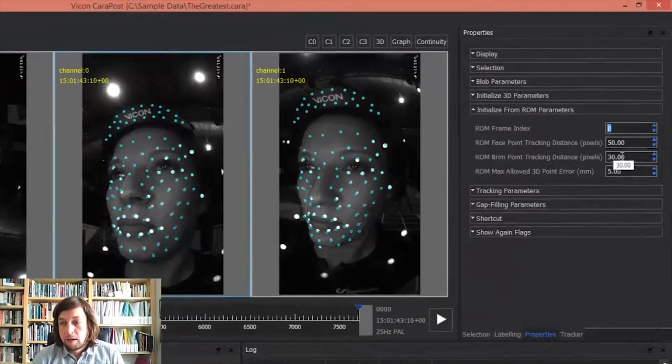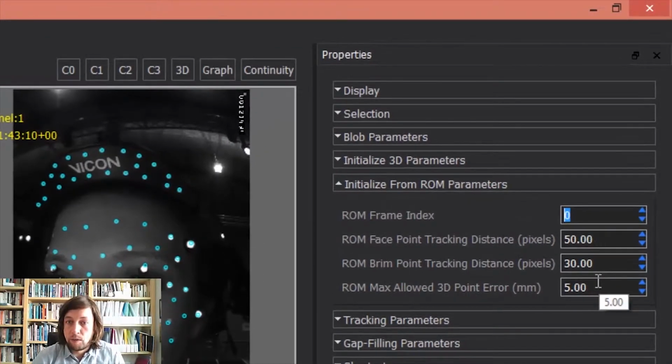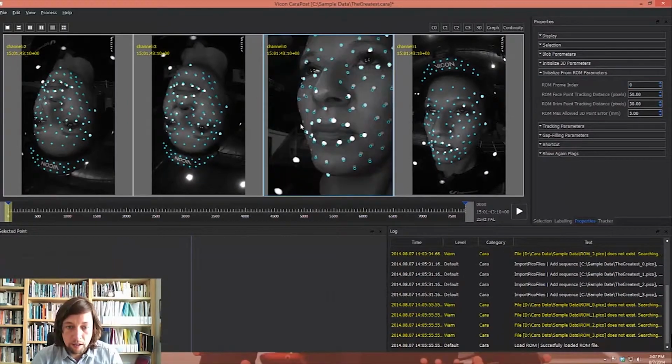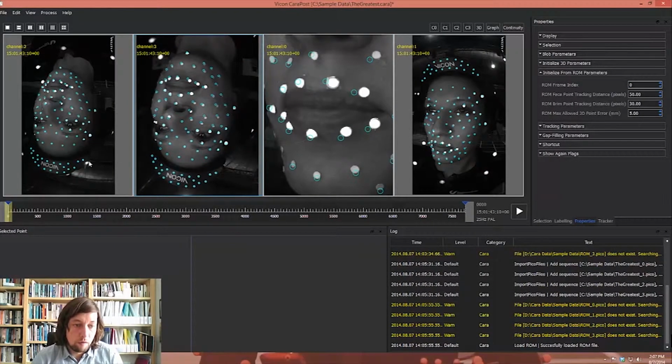Now these are based around trying to fix an issue where you may have taken the Cara helmet off during the day and put it back on and not quite aligned it up correctly. So sometimes you'll find that either the brim tracking points or the face tracking points are slightly out of alignment. Now we have some parameters here in pixels that we can use to allow for a little bit of slack between those settings. So here we can see 50 pixel distance between the markers, so that's going to be covered within that value,